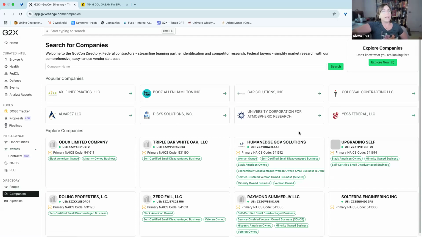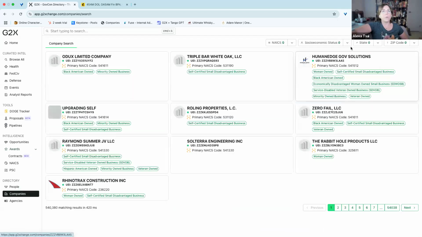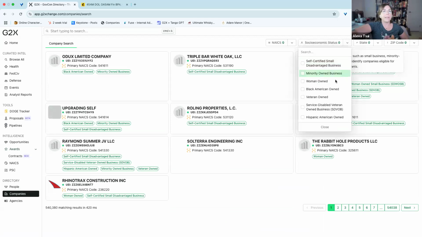All right. So right now I'm in the GovCon directory. Before I jump into the company, and I realize I've got 5 minutes left, oh my goodness, I'm going to pop into Explore Now. If you don't know who you're looking for, this is one of the things I think the government would love to do, if they were on the call, is be like, oh hey, I'm looking for